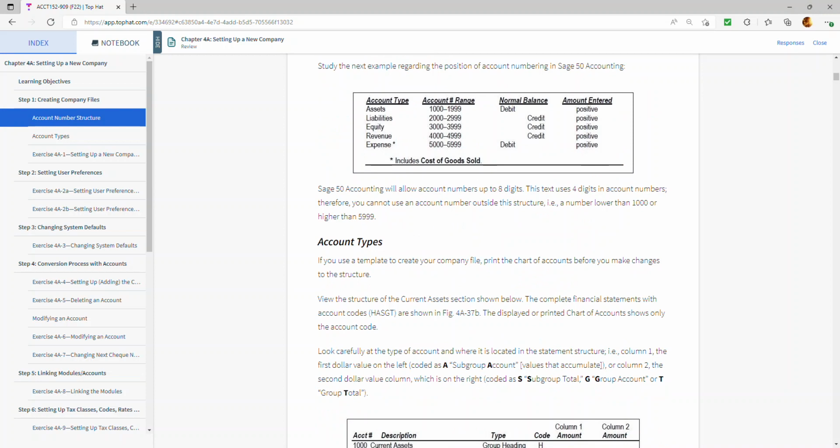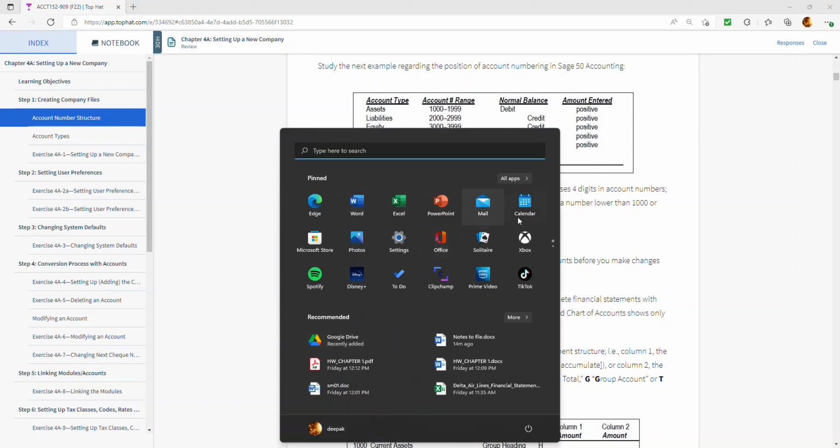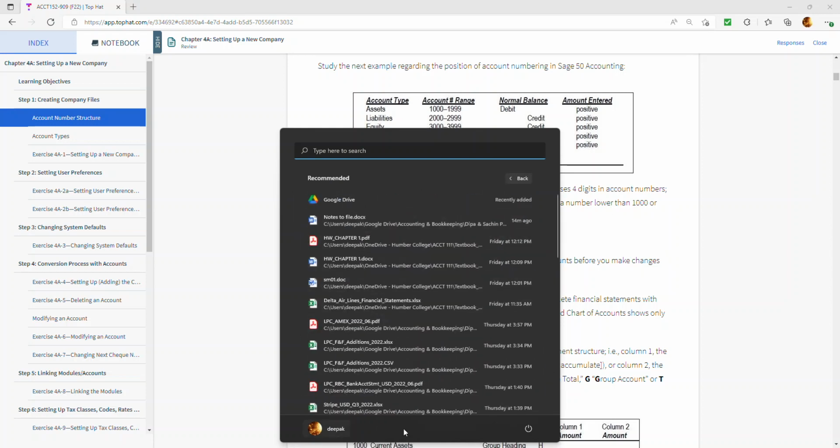So now to start chapter 4, we need to open Sage 50 on your computer. If you're working on the AppStream, you're going to launch Sage 50 from the AppStream website. Once you launch it, you go into your all programs and look for Sage 50. I already have it open, so I'm not going to go through that. But if you were, what you do is you will go into